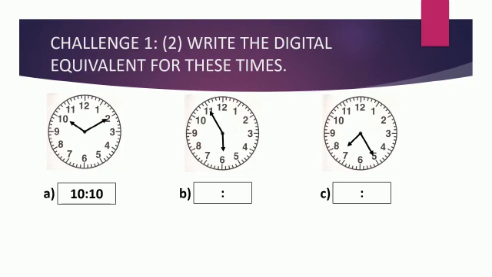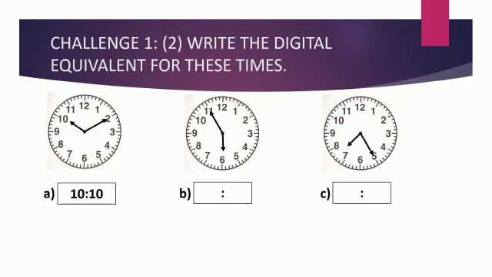Okay, students, I repeat, when short hand is on 10, it means that it is 10 o'clock. And long hand is on 2, it means that there are 10 minutes. When you start from 1, the long hand shows the minutes, and when long hand is on 1, it will be 5 minutes. When the long hand is on 2, it will be 10 minutes. Here short hand is on 10, so it is 10 o'clock, and long hand is on 2, so there are 10 minutes. So time is 10:10.